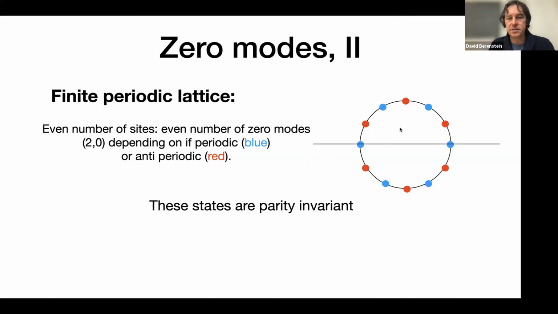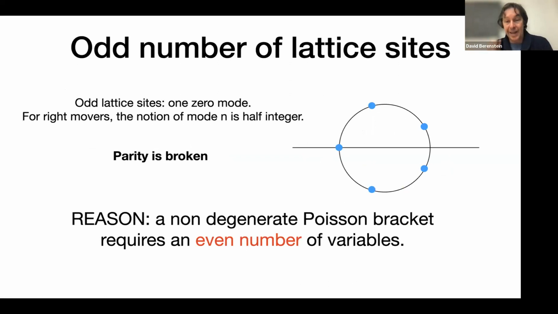When I do this now for an odd number of lattice sites, I get that I need to have an odd number of these blue dots. And if I have a 0 mode for the even lattice sites, sorry, for the sum of the Qs, and I place the rest of the blue dots on the circle, I find that